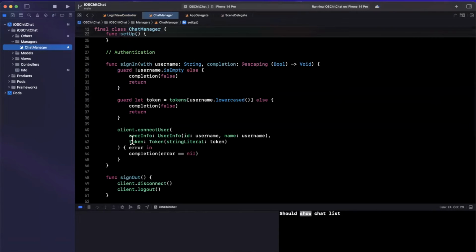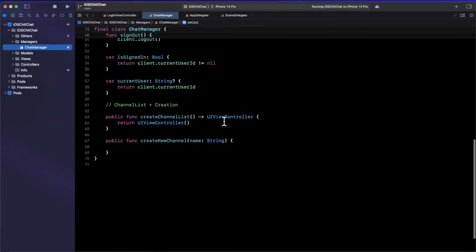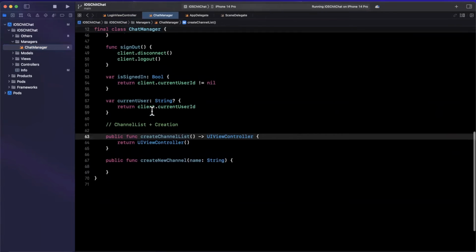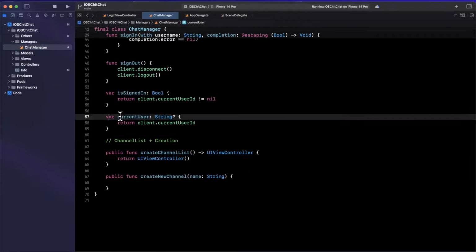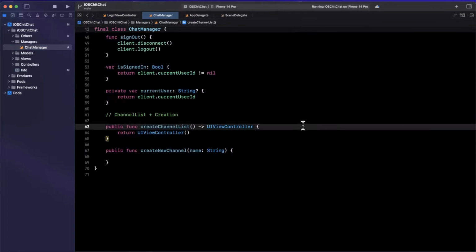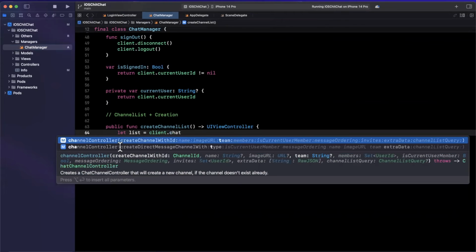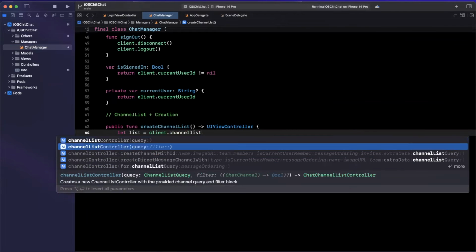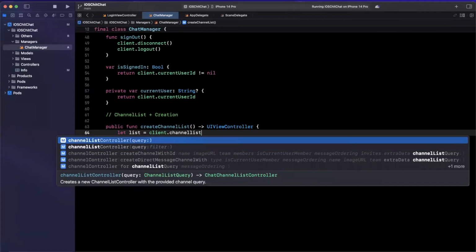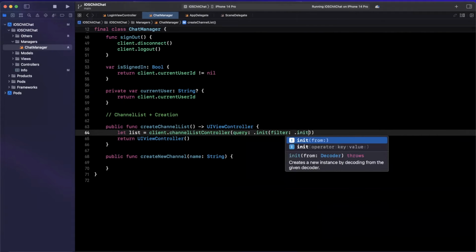So we're going to jump back to our chat manager, and down here, I believe we already stubbed it out. We want to create a channel list for the current signed in user. So the way that we are going to accomplish this is, first we're going to make this private. So we are able to get the current user already. And the reason that that is important is we are going to say that we first want to get the channel list by saying client, and we can say, give me the channel list, and let's see if I can find the appropriate one. So we're going to have a channel list controller, and this is going to take in a query. Now this query will take in a subsequent filter,